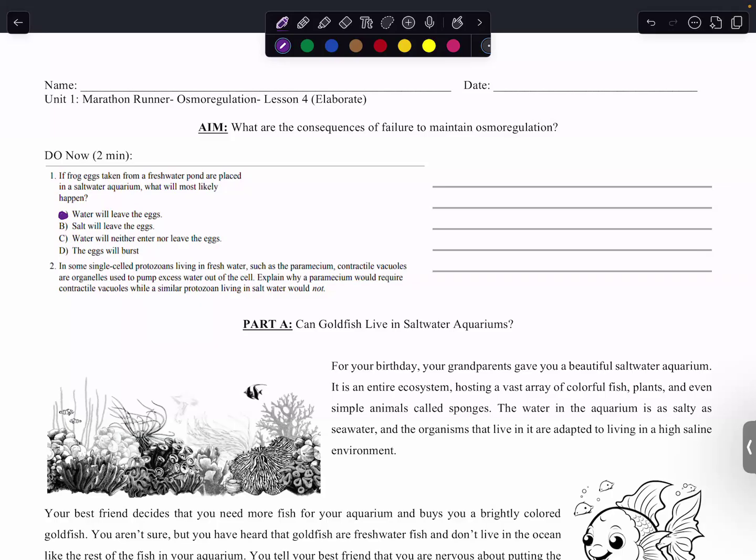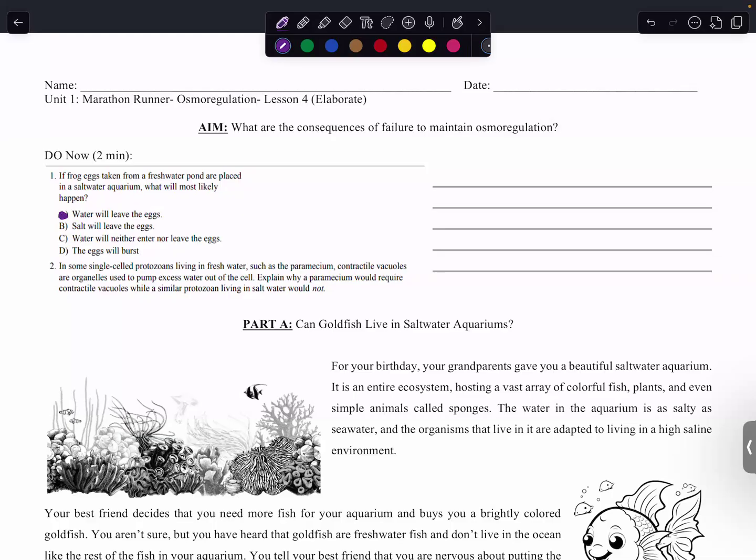Think back to the osmosis investigation that we saw with the onion cells. When we added salt water, we saw that the cytoplasm, everything just kind of shrunk, right? That's because water was leaving those cells when we placed it into a saltwater environment. Think about how the cells in your mouth feel when you eat popcorn at the movies, right? Popcorn is very salty, so it's going to cause a lot of water to leave your mouth. So, how do you replenish that water? You have to drink water in order to get back that water that you lost. Same thing that's happening here with these frog eggs when we move them from a freshwater pond to a saltwater